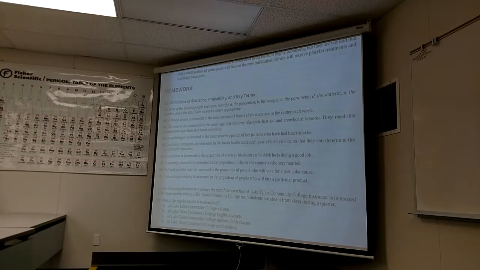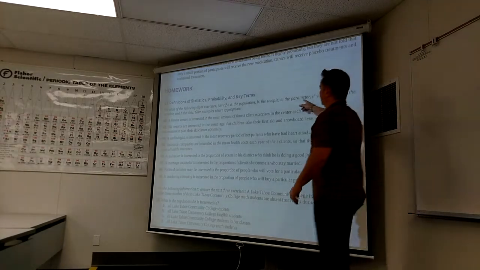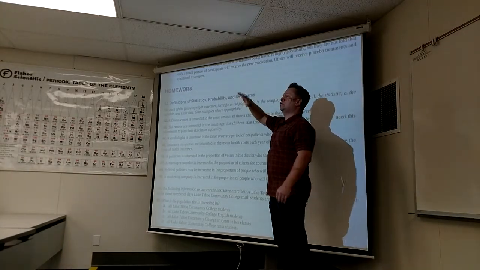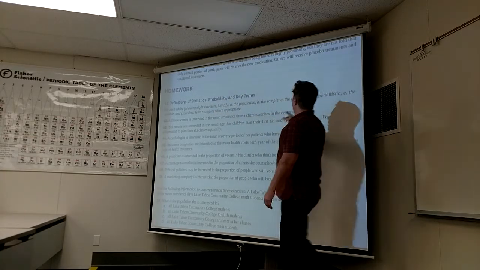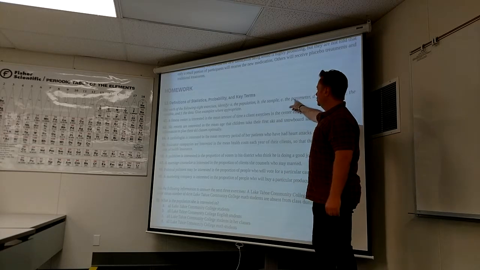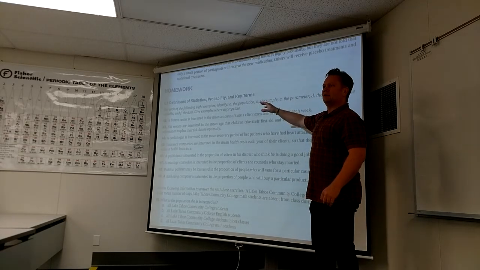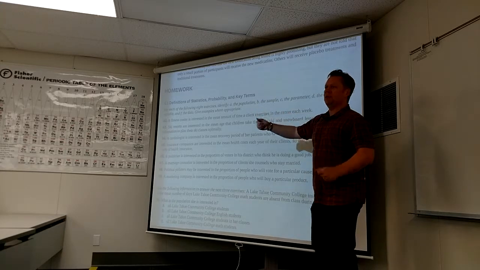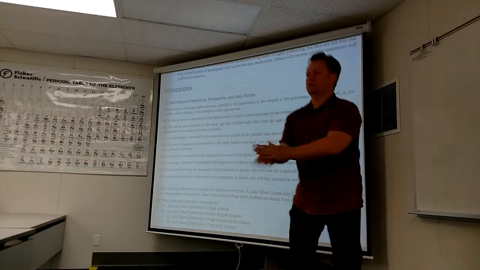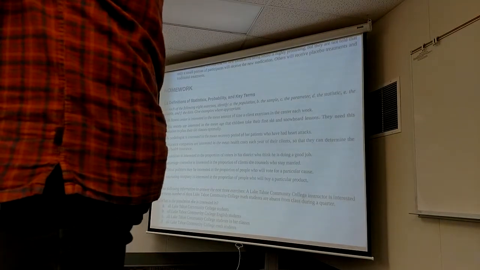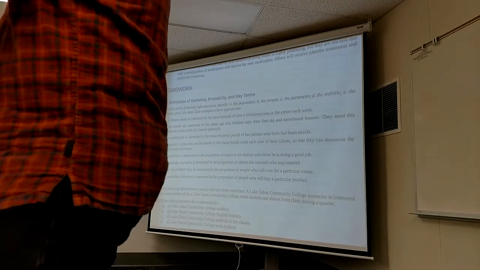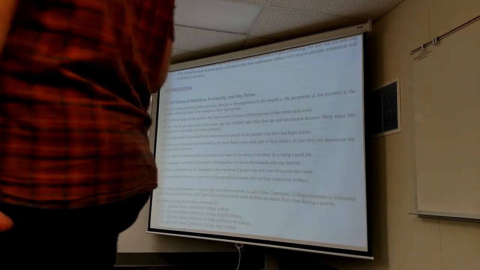Because what's part C supposed to describe? The population. So what do we say about the population? All fitness center clients. All of the fitness center clients. So what would the parameter be? What are they interested in about those fitness center clients? Yeah, there you go. The mean hours, the mean amount of time that which clients? All fitness clients. See how the population showed up in your parameter,